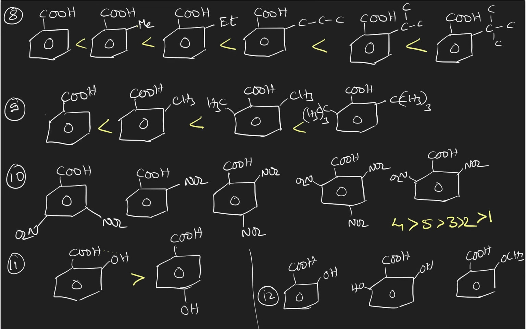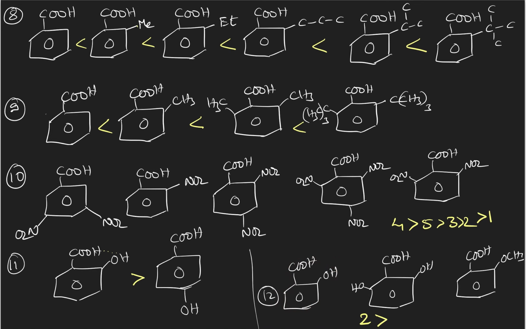Then coming to the 12th example. In this 12th example, we have ortho effect: two ortho effects in the second compound, only one ortho effect in the first compound, and ortho effect is there in the third compound also. So as two ortho effects are there, the second is more acidic than this one, because